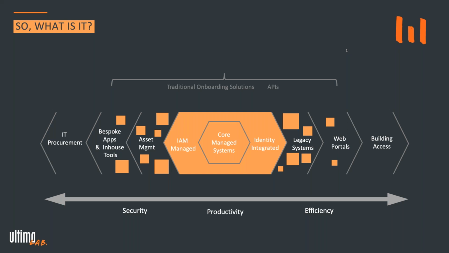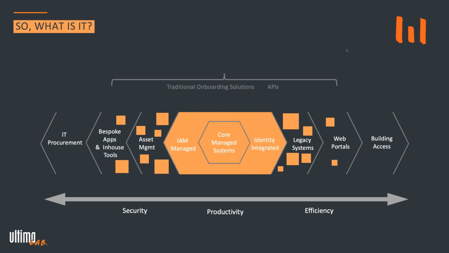And actually, the impact of that, as you see it on the bottom, is what we talked about earlier. Any gaps in your join, move and leaver process that require a human to get involved to perform an action because your automation can't do it, introduces the risk of security. Humans inherently make mistakes. Humans get distracted, humans decide that they want to go for a coffee break in the middle of a task and they come back and they've forgotten what they were supposed to be doing. So where a human is in the loop, it's inherent that there's going to be a margin of error as part of that. Again, productivity and efficiency is also impacted where there are gaps in that automated process